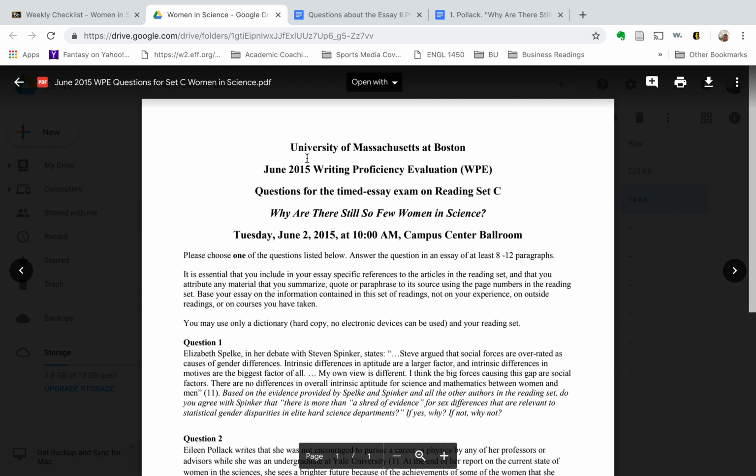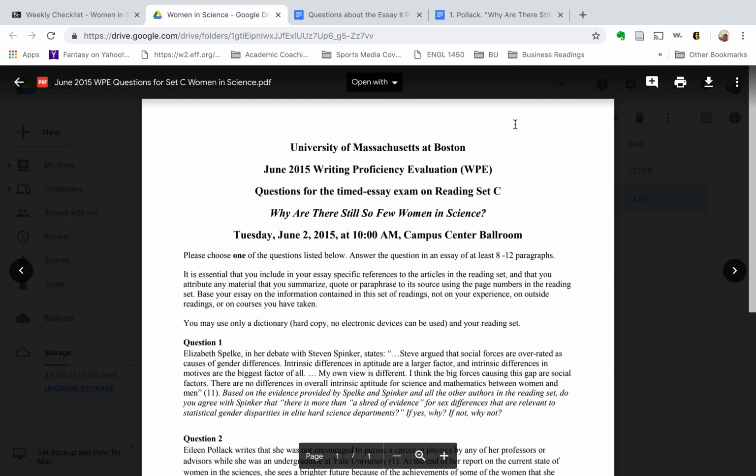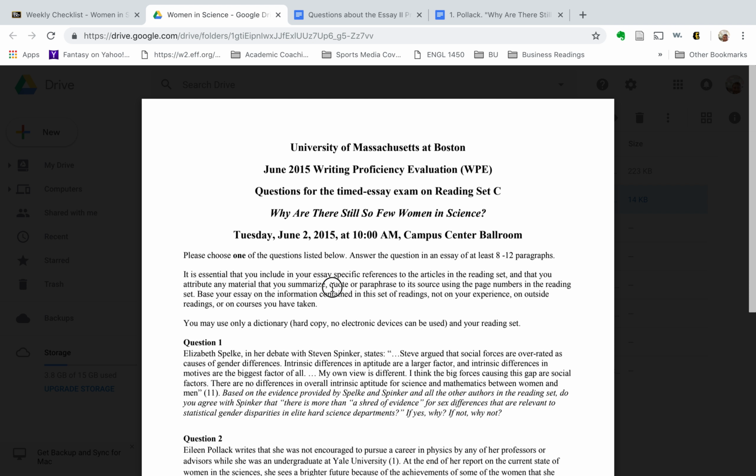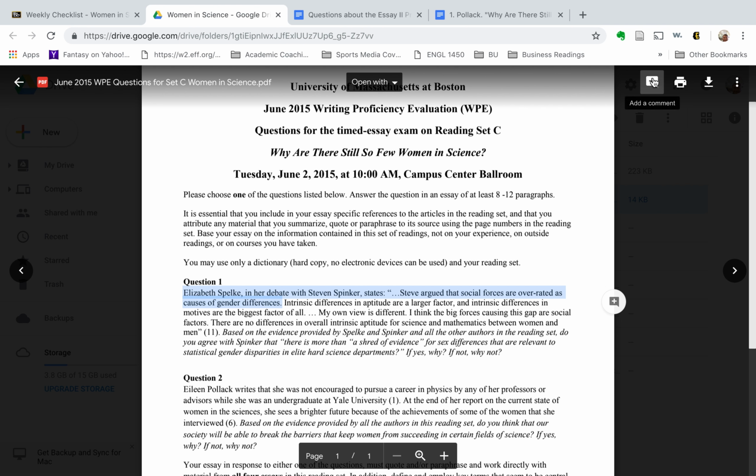And here again, you can open it with Cami. You can move to Google Docs. You can annotate. Actually, depending on what you have, you may even be able to do it in the preview mode, although I would be kind of careful about that, I think. Yeah, I can do that because of the way mine is set up. Yours may or may not be able to, depending on how it's synced.